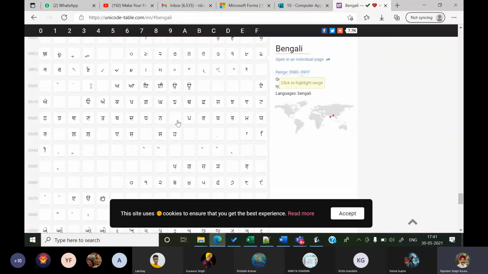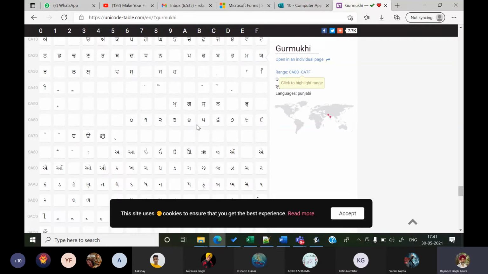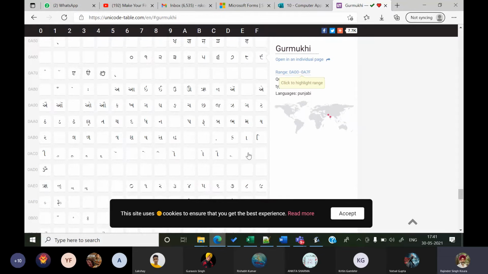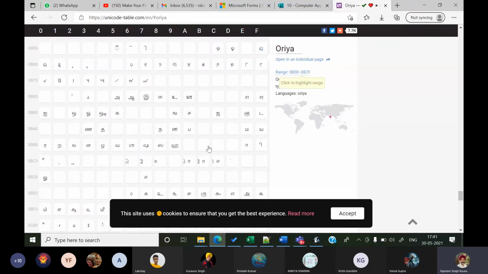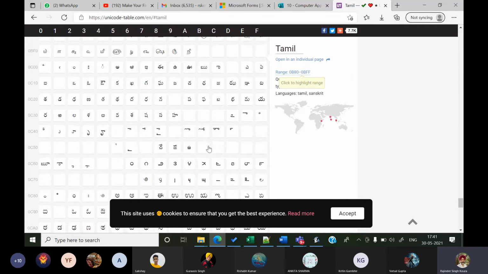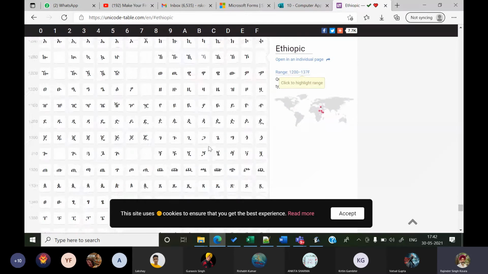Okay, and you can see the Punjabi font also has come. Then we have Bengali font, and you can see that there are some blank spaces given in between. Why? Because in future, if this language requires some additional characters, these would be used at that time. Can you understand this? So this is probably Odisha or Bengali, and this is some South Indian language and so on. So these are 65,536 characters in all.